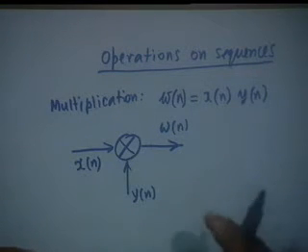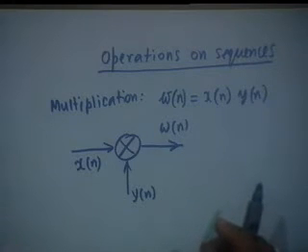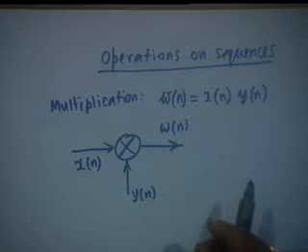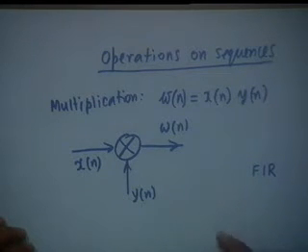See, multiplication is a non-linear operation, and in very few instances we resort to a non-linear operation like this. However, as you shall see later, in FIR filtering we do use multiplication of two sequences. We multiply the given sequence by what is called a window function, and there do exist cases where multiplication has to be resorted to.